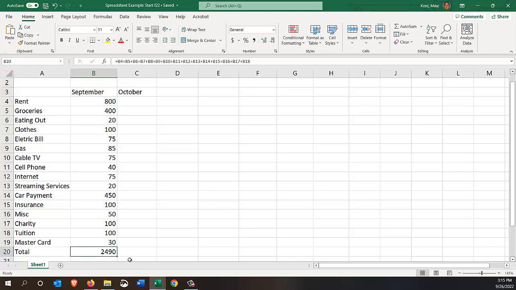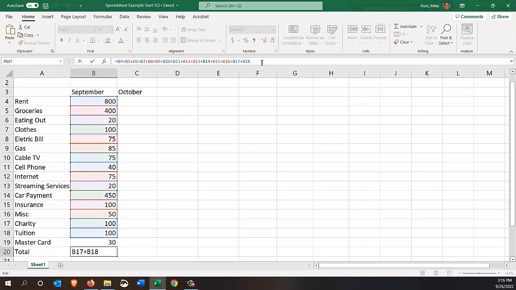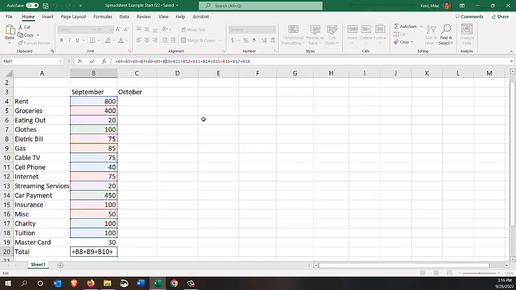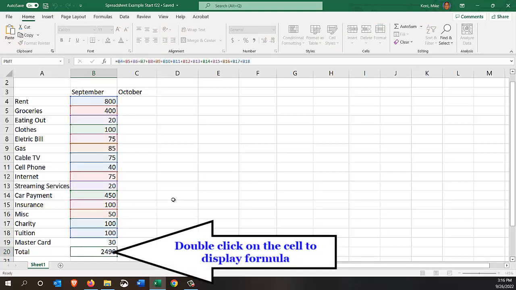Now if I come back down to my formula right here, it's showing me the answer. It's adding all these up and putting the answer where I wrote the formula. If you look up here on the formula bar, you can see my formula, but it's not color coded. Until you click in the formula bar up here, you won't see the color coding. The other way you can get to your formula is to double click right here on the formula that you